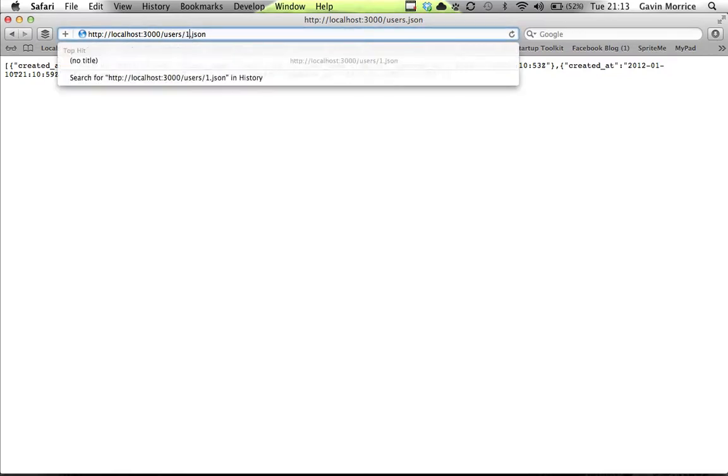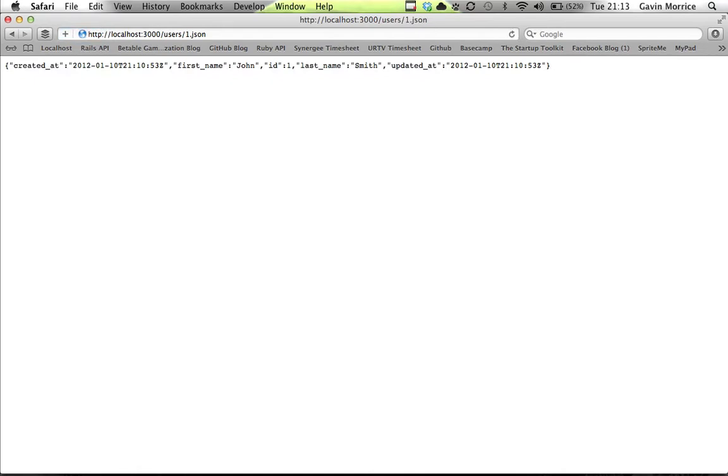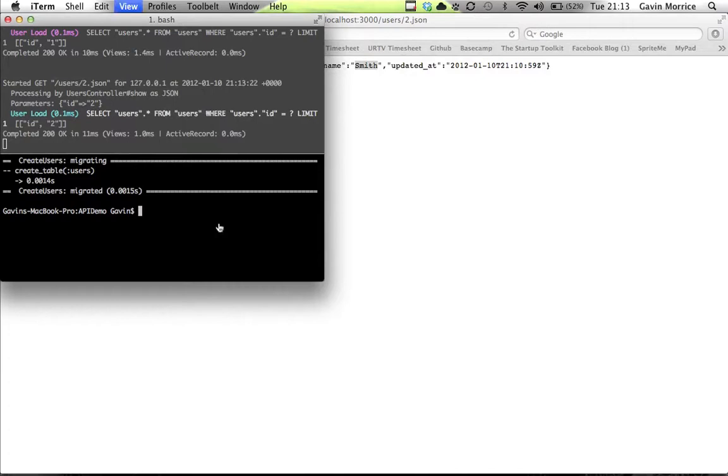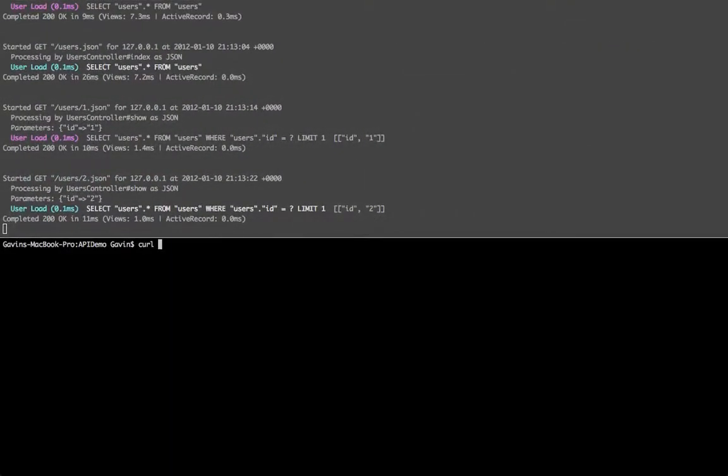If we want to go to a particular user, user number 1, we can see the attributes just for John Smith. User number 2, we can see Jane Smith. If you want to create a new user through the API itself, then we can just send a post request, Steve Jones,